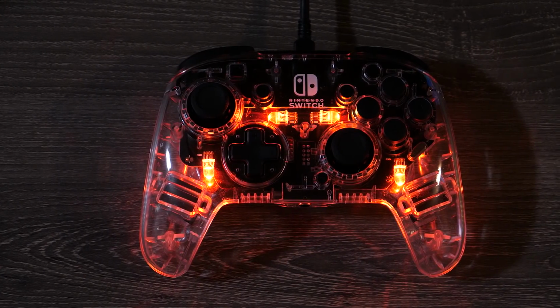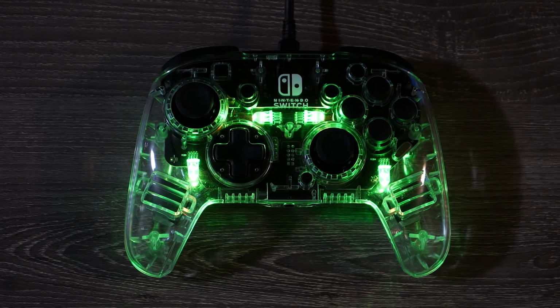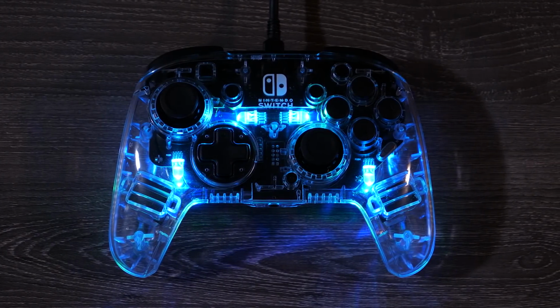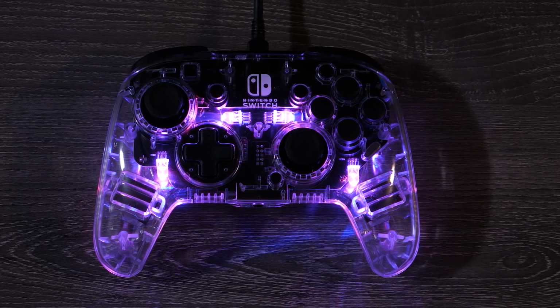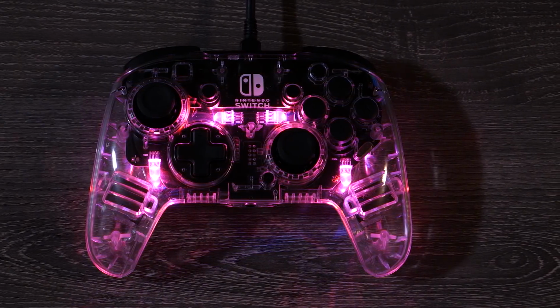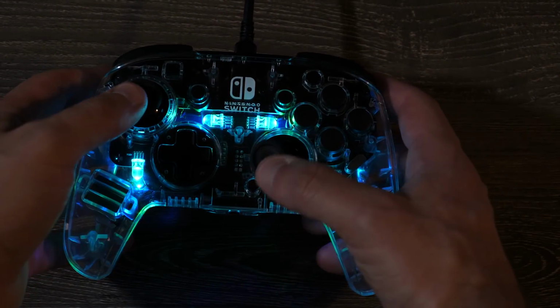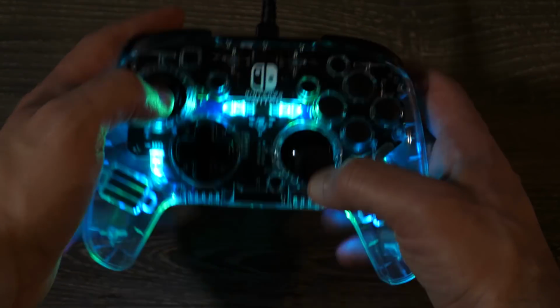I think the biggest thing about this is it's not necessarily a great controller to use. Again, it's like the one that I reviewed before. The lighting's not bad, but I think they could do a few things to improve the lighting in general. They're using 4 LEDs, and that might just be because of cost and everything, but I think they would get a lot more out of this if instead of it being crystal clear,